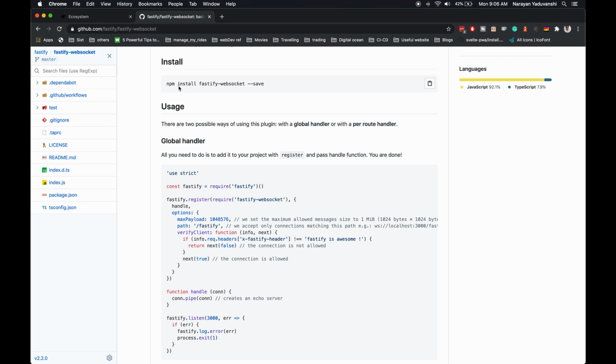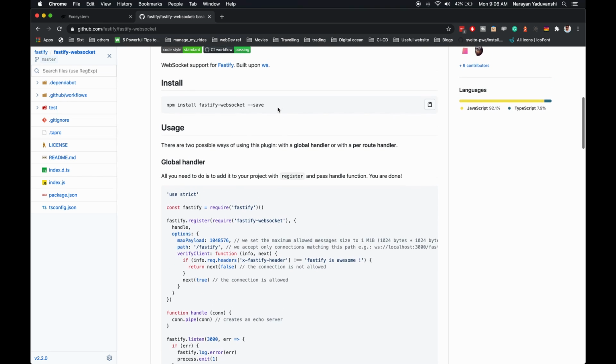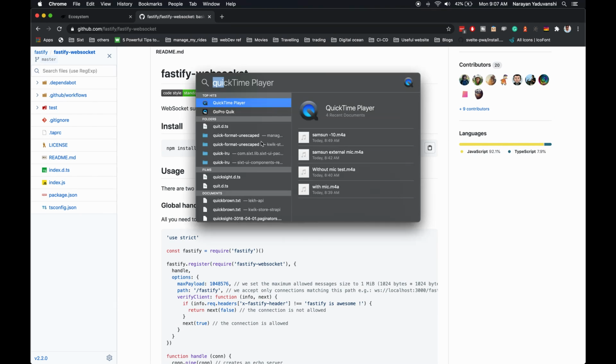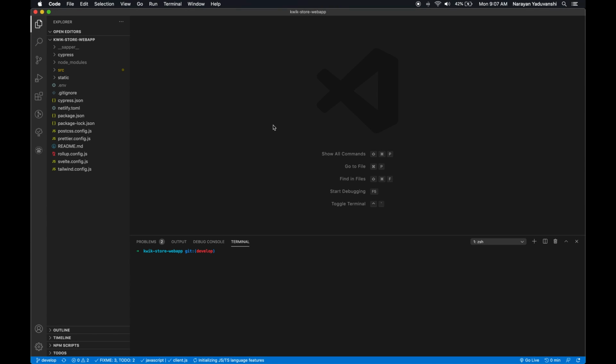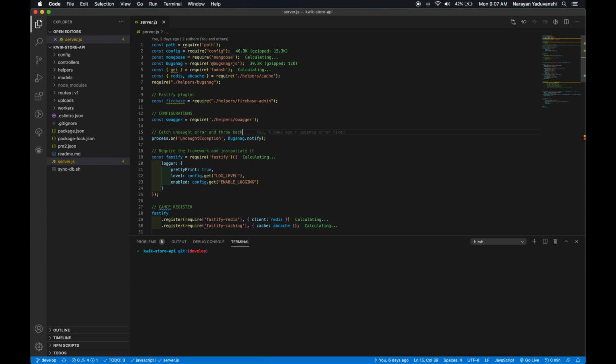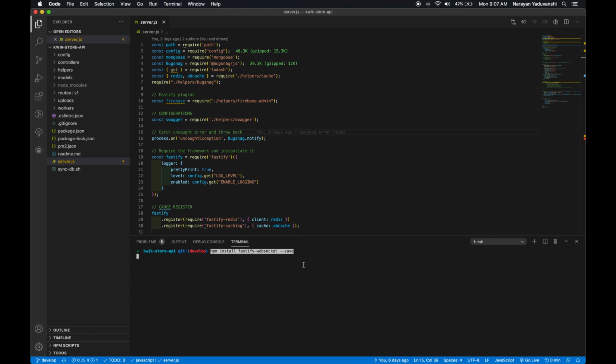The usage is pretty simple. You go ahead and install it, and then you go inside your... actually, let's do one thing now. Let's open our code editor. The first step is basically to execute this command. Because I have already installed it, I can go ahead and hit it directly, or it's just going to replace itself. If there is a newer version available, it's going to download that.